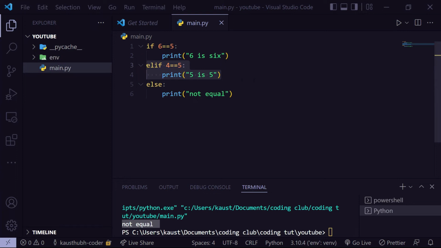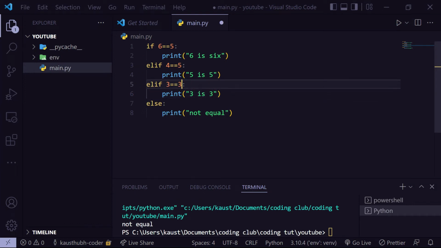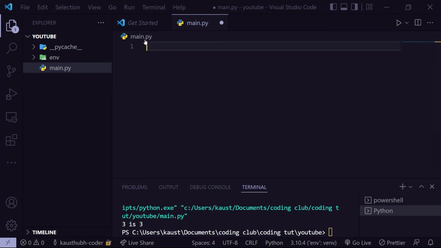Now you can have multiple elifs before the else, so just go like that, change this to 3, print tab, save, and you can see not equal. If you just do 3, change this to 3, we should get 3 is 3. So that's conditionals. So the next fundamentals we're going to be talking about is